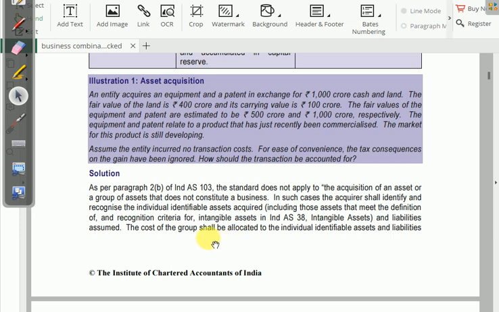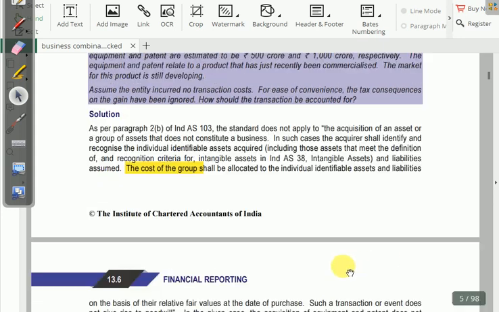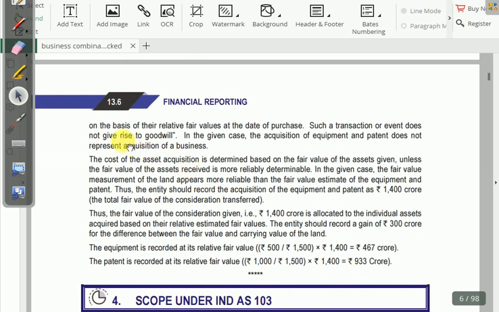The cost of the group shall be allocated to the individual identifiable assets and liabilities. We will identify each asset and liability on the basis of the relative fair values at the date of purchase. Such a transaction or event does not give rise to goodwill. Here no goodwill is created. In the given case, the acquisition of equipment and patent does not represent acquisition of a business. The cost of asset acquisition is